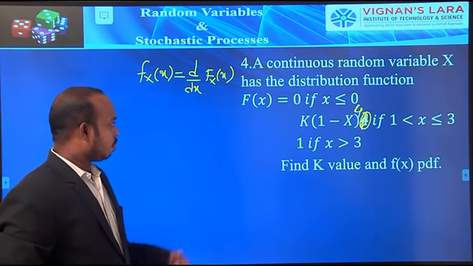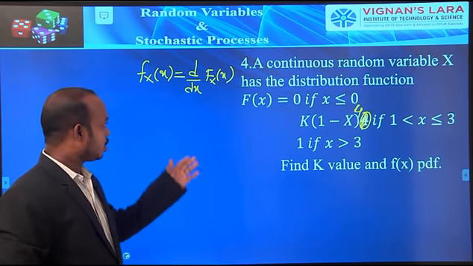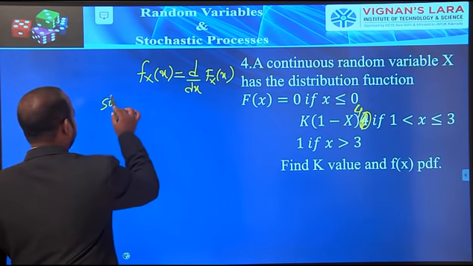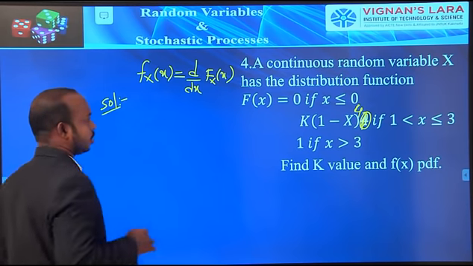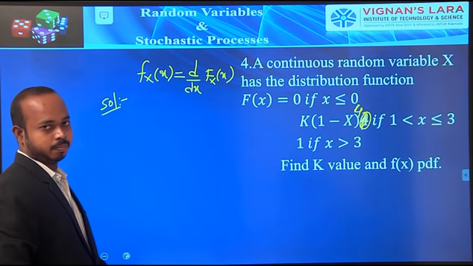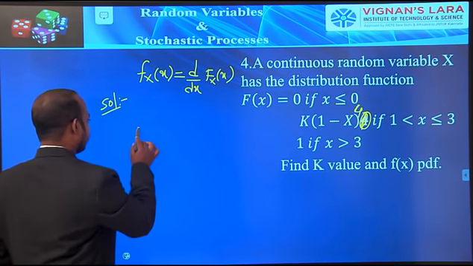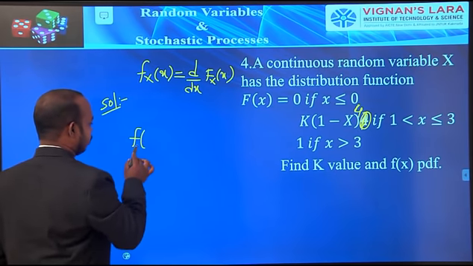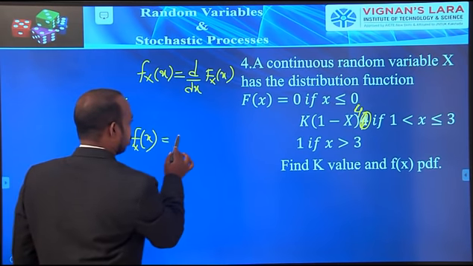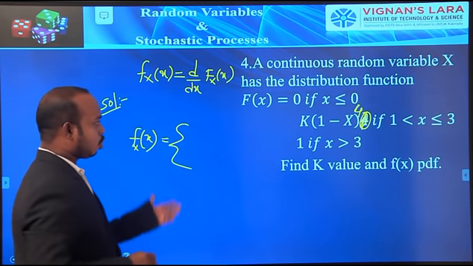Now we can find that value from this distribution. Now I am able to find this density function from the distribution. I am just making the derivation on this distribution function. The first one is f_X(x), which is equal to